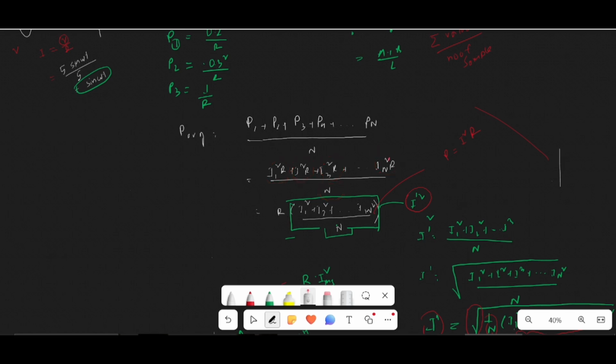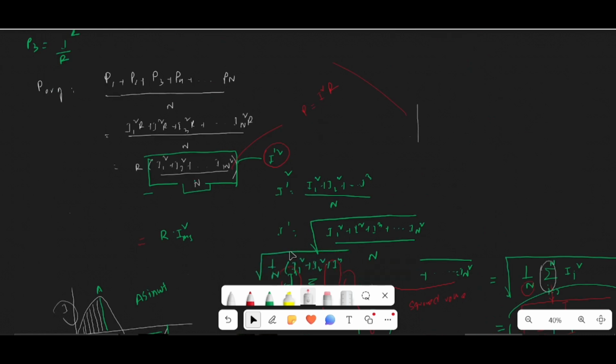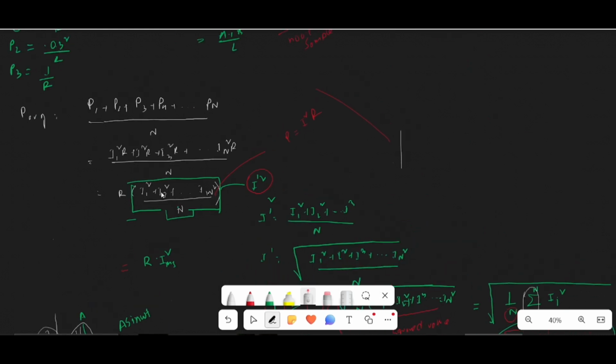Then if we take R common, what will it be? I1 squared plus I2 squared plus up to In squared, divided by n. Okay. Now we need to represent this equation in our known, familiar equation, I squared R. What will we do? We may take